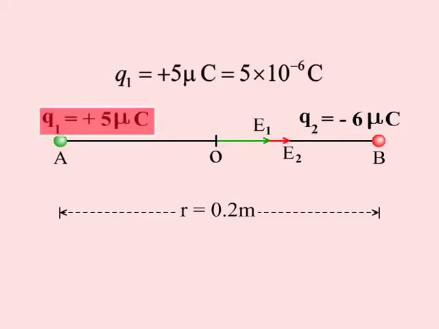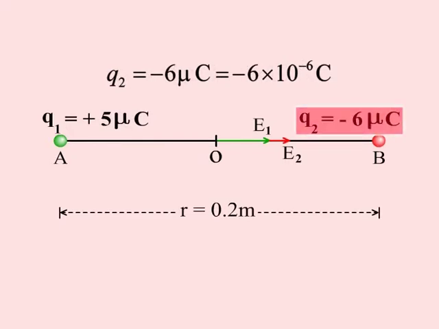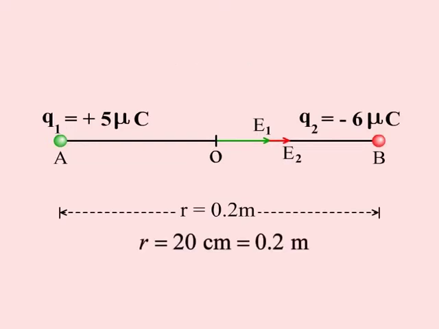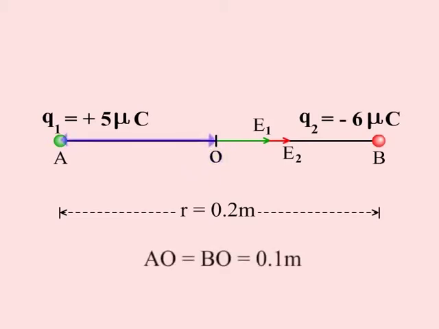Here, Q1 is plus 5 microcoulomb or 5 into 10 raised to the power minus 6 coulomb, and Q2 is minus 6 microcoulomb, or minus 6 into 10 raised to the power minus 6 coulomb, and R is 20 centimeter, or 0.2 meter. Let O be the midpoint of the line AB, so that AO is equal to BO, which is equal to